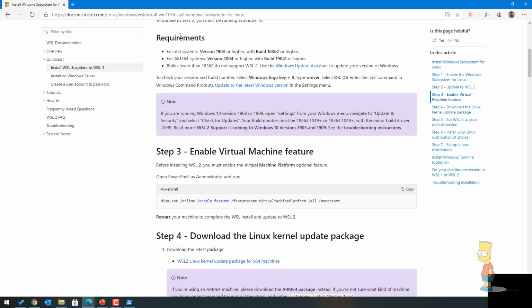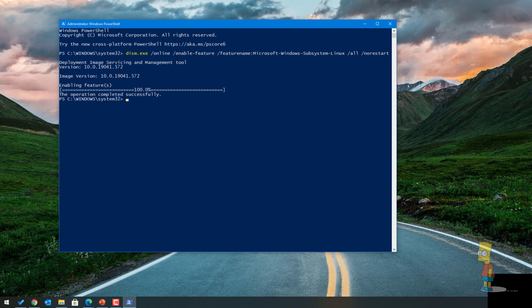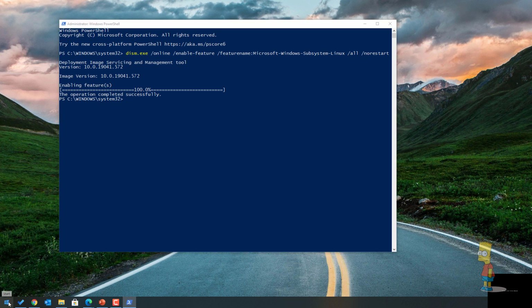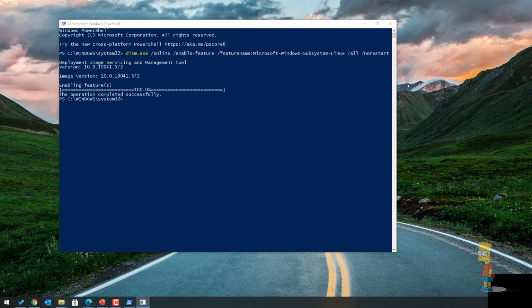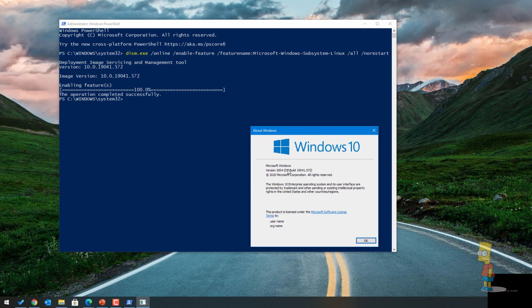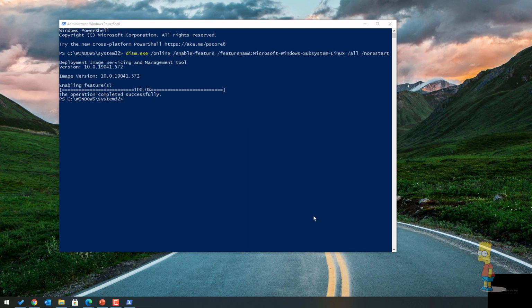So now let's try to upgrade it to WSL version 2.0. To do that, make sure your operating system is running on a supported Windows build version. So how to verify that? Let's go to the start menu on the Windows 10 computer and run it. And then just type winver. This is going to tell you your Windows version and the build number. So I'm already on 2004, already qualified. So that particular test is passed. Now let's go ahead to the next level.